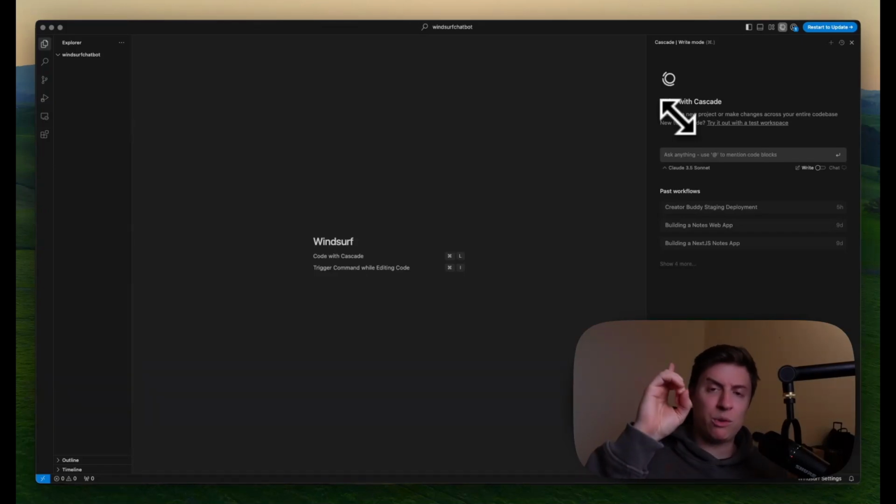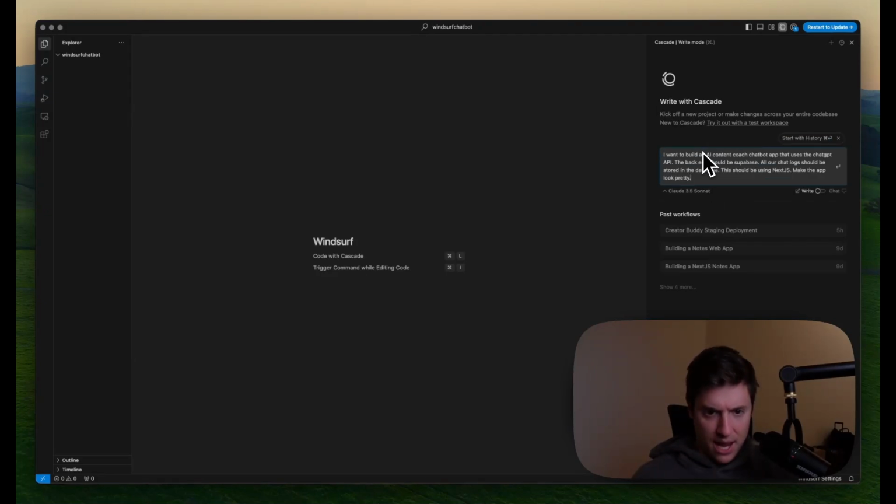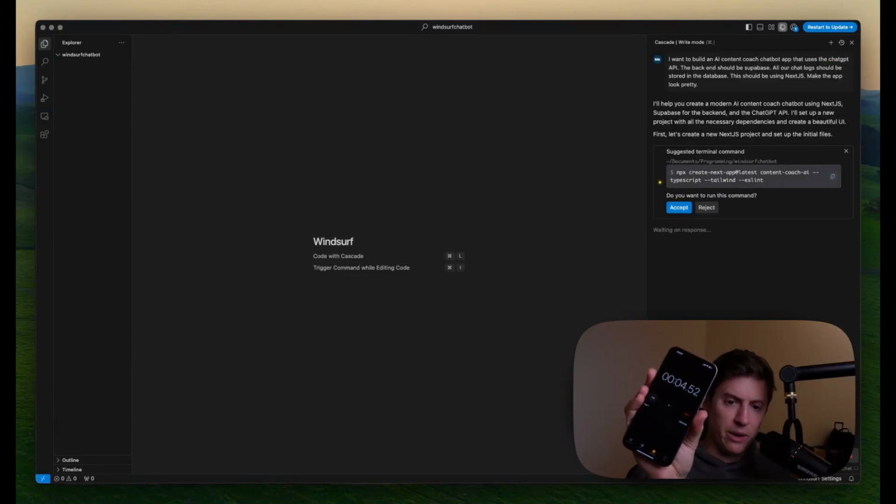So what we're going to do is we're going to run the same test. We're going to use the same prompt, and we're going to see what score we come up with here. So let's go in here. Let's go into the AI agent. Let's put in the prompt we used with Bolt.new. So we've got an even testing field here, and let's hit enter and see what happens. And also, by the way, we do have the timer going, so we're going to see which one can do